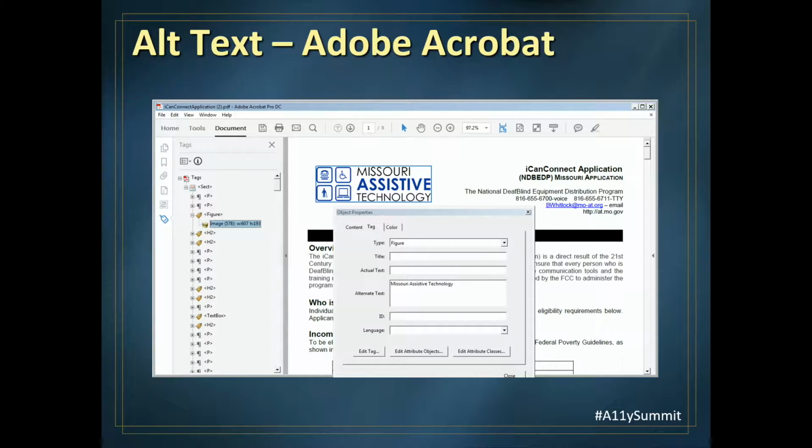But you can go in through accessibility checking, as well as stepping through the document in the tag tree and getting into those images, and you can modify what that alt text looks like. If you run the accessibility checker and step through your images, you can actually tag your images in there as decorative if you need to. A lot of times you may have a cover image for a guide or a manual, and that needs to be tagged as